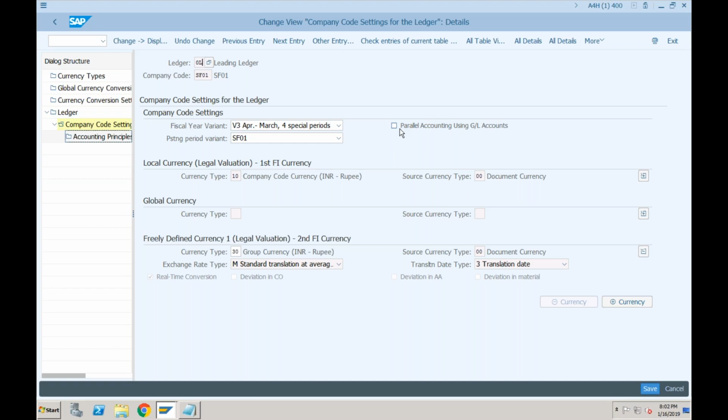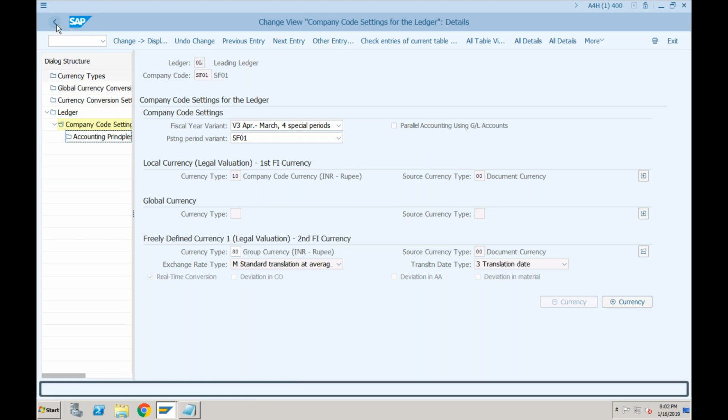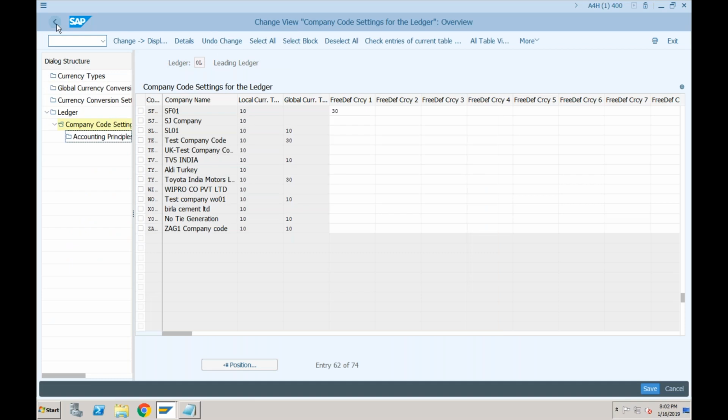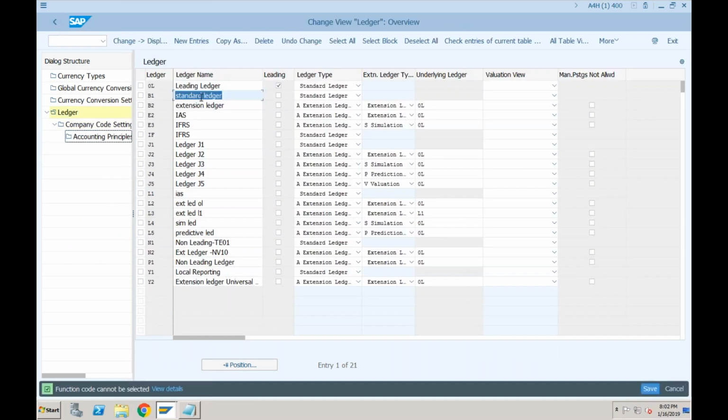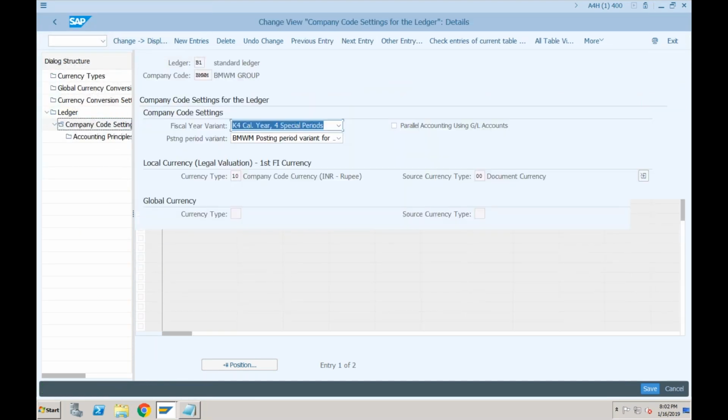Yes, that is logically correct. But is it available in extension? Let's see if it is available or not, but it is completely illogical. Yes, it is available, but we don't need this.